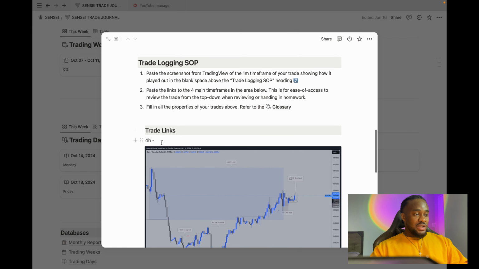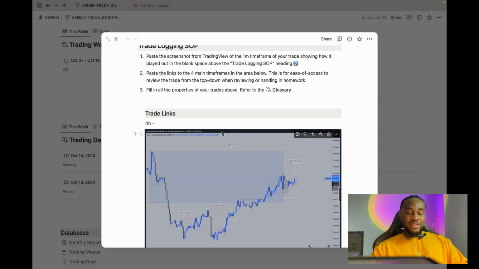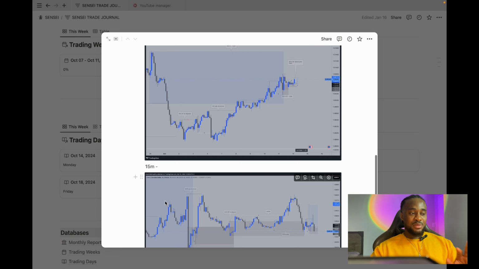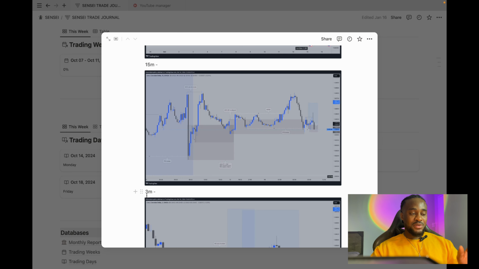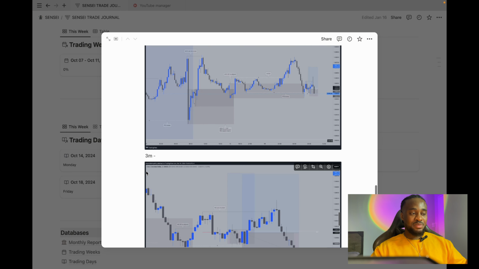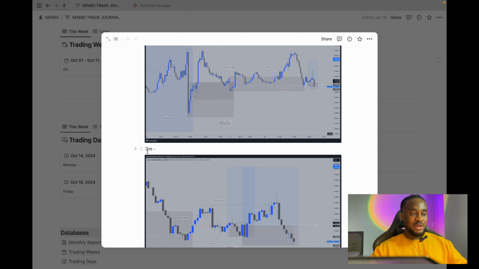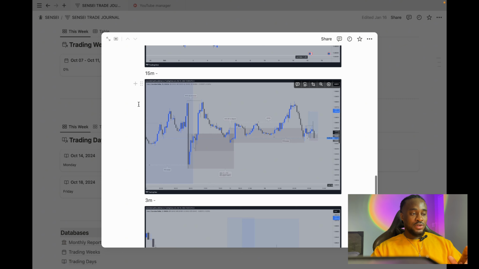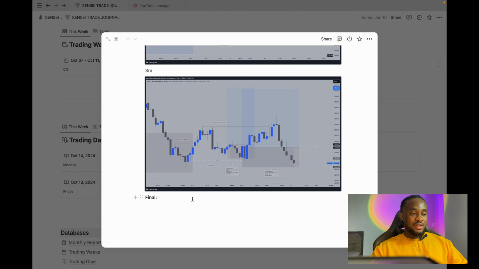So here in the trade links, I trade three time frames. I trade the 4 hour, the M15 and the M3. The M3 could range from the M3 to M5 depending. It doesn't really matter, M3 or M5, it's the same to me. So I trade H4, M15, M3, and over here I usually put the last screenshot,